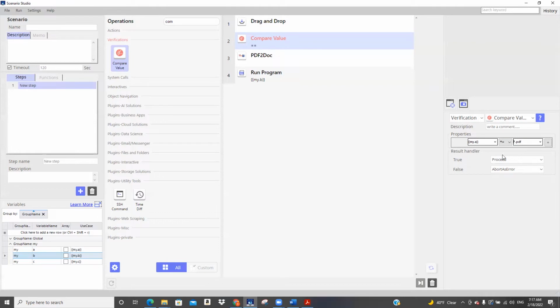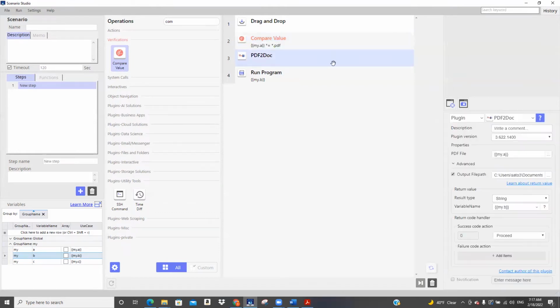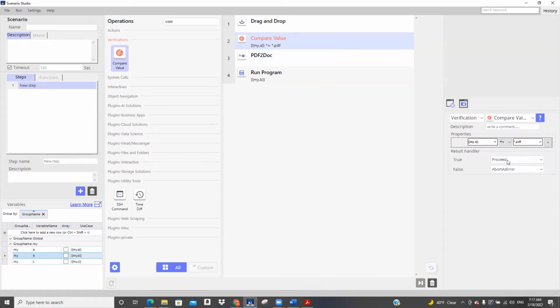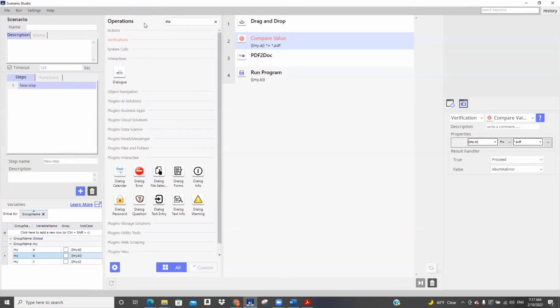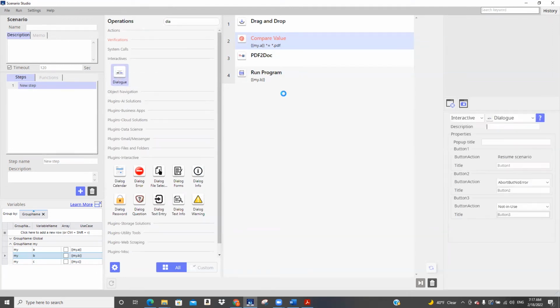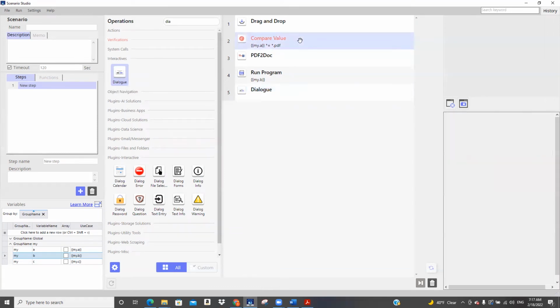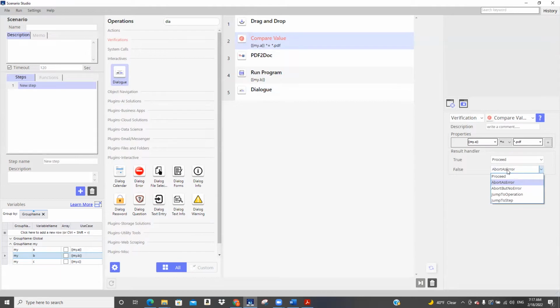So when it's true, I can proceed to PDF to doc. But when it's false, I'm going to skip all this and give an error message. So to give an error message, I'm going to just simply use this simple dialog operation and then give this false, jump to operation 5,